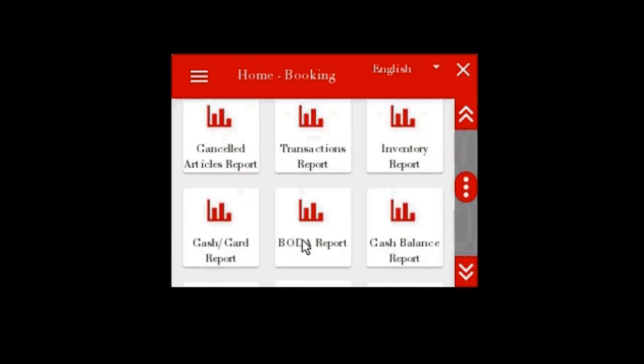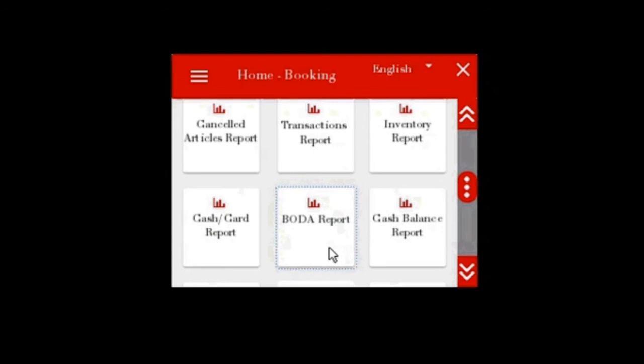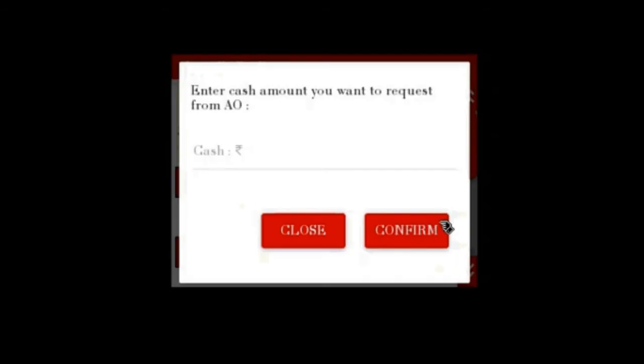Now we have to prepare our BO daily account, for which order report is to be clicked. After clicking order report, this message will come: enter cash amount you want to request from AO.